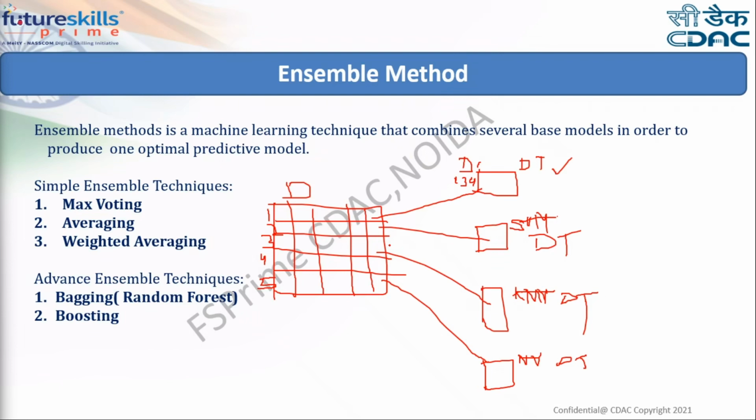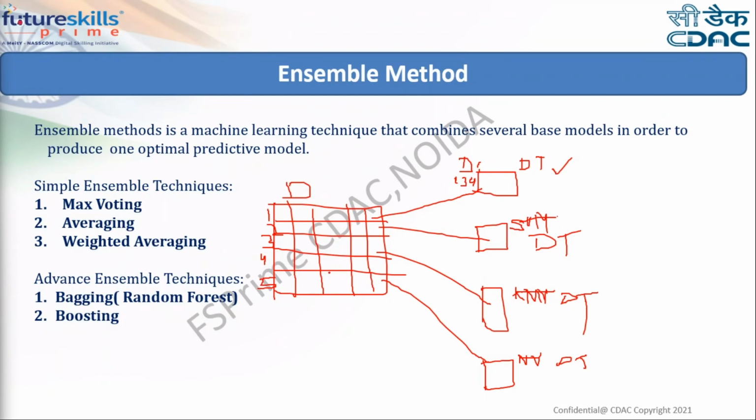Now what will happen? This comes in the next slide, but I'm already explaining it so that you will be able to understand those definitions. Let's suppose rows 1, 3, 4 are randomly taken into my first model. Then again, rows will be selected from this data set and placed here. Now how will the selection be? This selection will be with replacement.